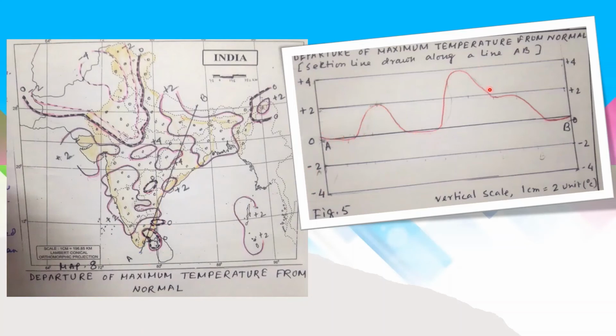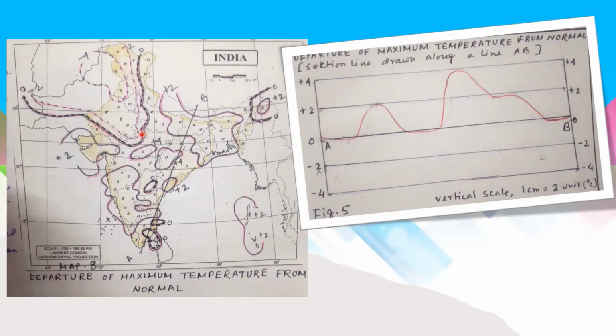maximum areas have higher maximum temperature than normal. There are some places where temperature is normal and some places 2° more, some places 4° more, but in this section line area there is no temperature below the normal. To interpret this temperature, we can say that maximum temperature is normal over the states of Jammu and Kashmir, Himachal Pradesh,